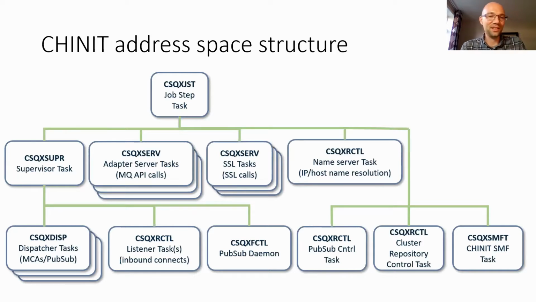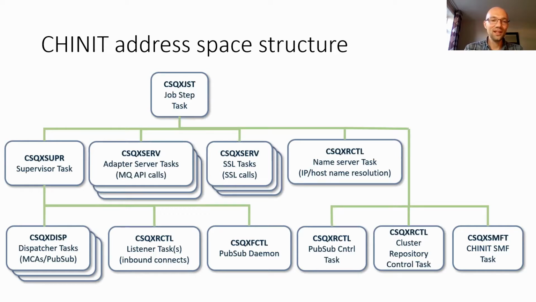So each task running in the channel initiator looks after a different aspect of what the channel initiator does. So we have the supervisor task, for example, which is one of the first tasks that gets attached by the job step task, and that attaches a number of dispatcher tasks. And it's the dispatcher tasks that actually do the work of a channel